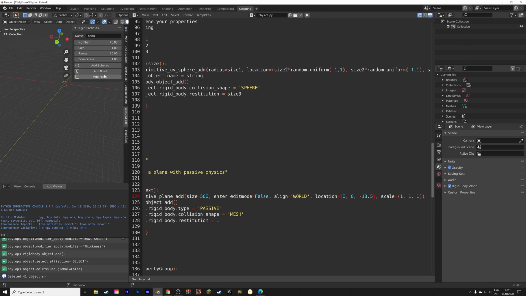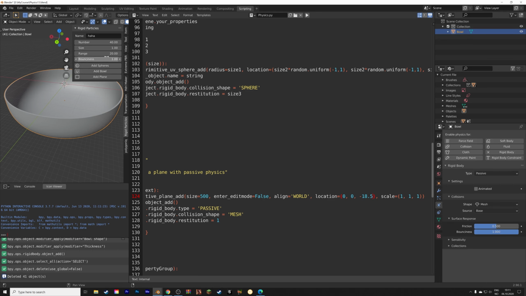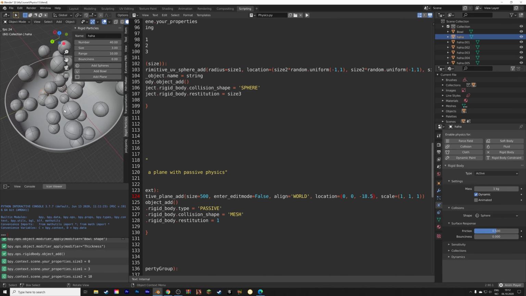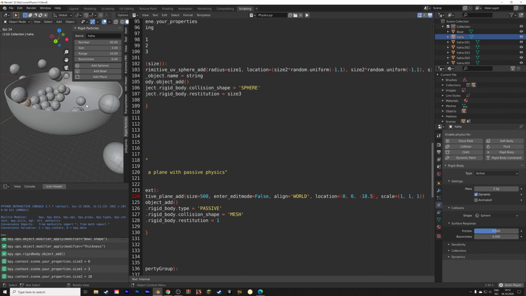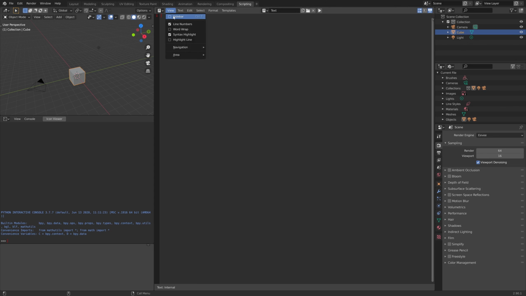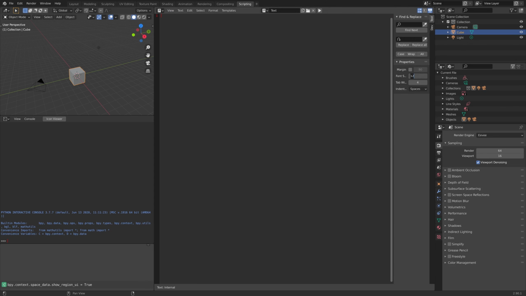In this video, I'm going to teach you how to create an add-on which enables you to add custom objects like the bowl, as well as having input values like the name, the number of generated objects, and so on. So let's get into it, and we're going to start off with a new script. Let's increase the font size,